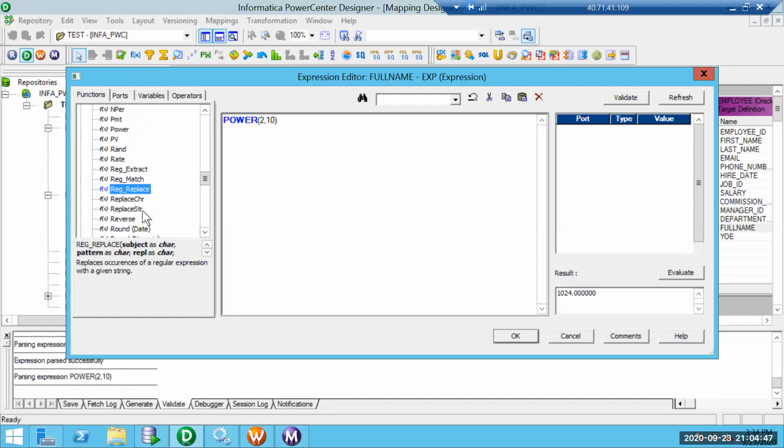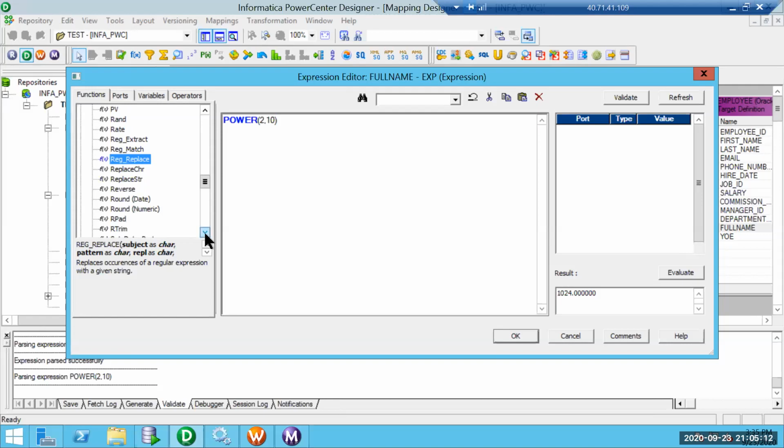Replace char, replace string: when we want to replace a character or a string, we can use these functions. Replace means, in our input, let's suppose I have a mistake in a particular value, or I want to replace one value with another value, we can always use replace char and replace string.